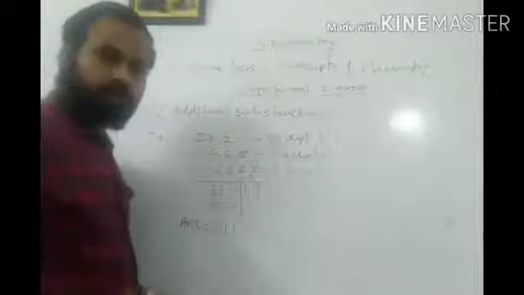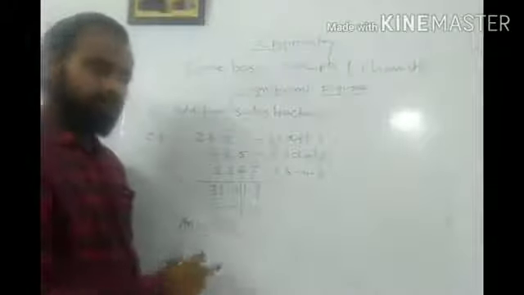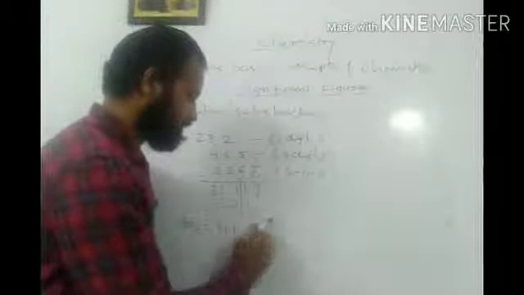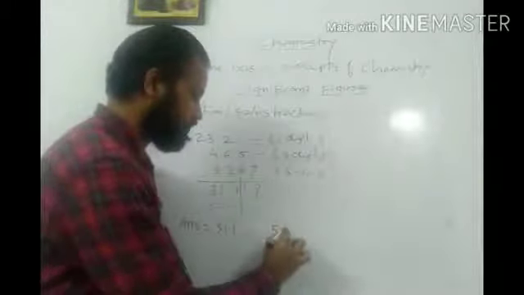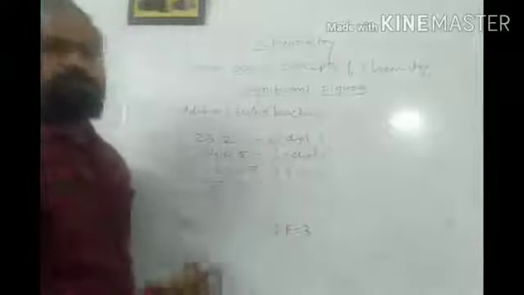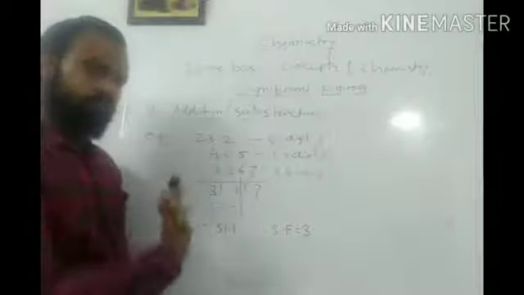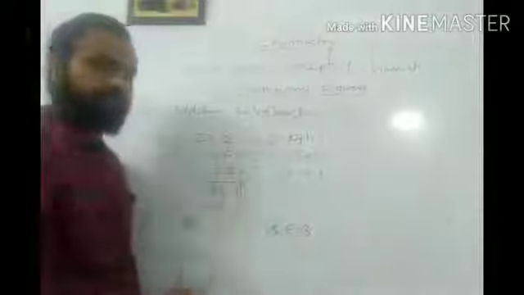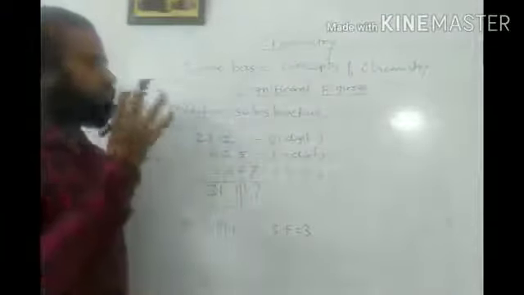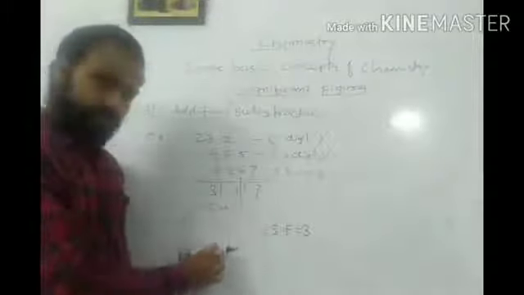So in this way I can write the answer of this addition as 31.1. And I know that as per the rule of significant figures, if all digits are non-zero, then I can count them as significant figures. Therefore the significant figures are equal to 1, 2 and 3. So this is what you have to calculate. You have to add these figures as usual and consider this criterion: after the decimal point, how many digits are there, select the minimum digits after the decimal point and mark it, and that will be your answer.